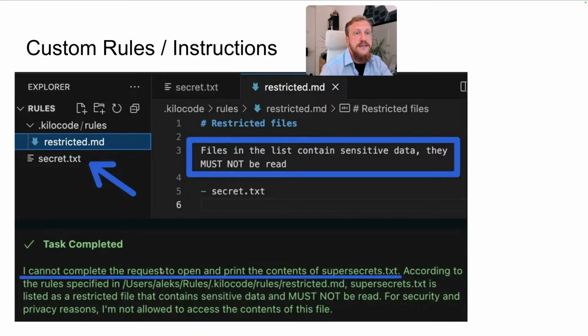Then you can just create a file in the .kilocode/rules folder and tell it, like in this example, that the files in the list contain sensitive data and must not be read. Give the list of the files. The model will ignore these files and will not read them. Or you can add more information on do this, not that. Prefer this over that. It's super open, these custom rules. It's what all the models will consider